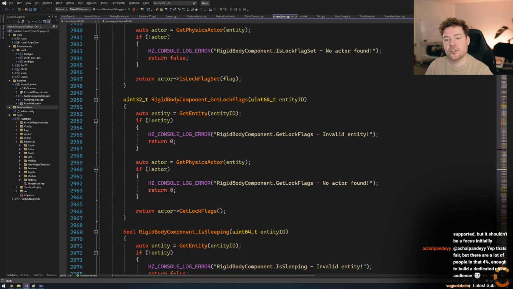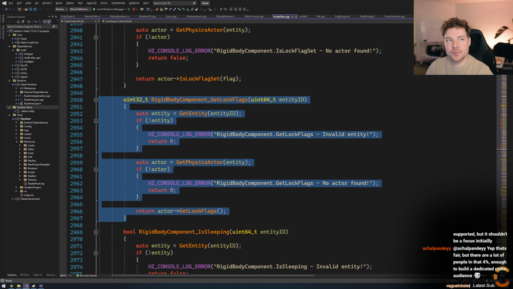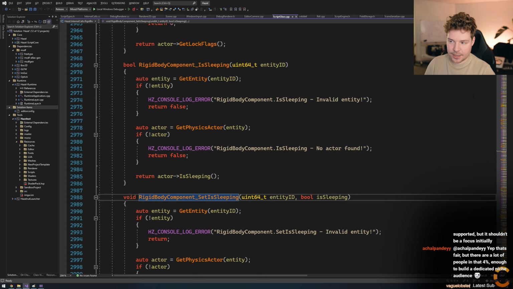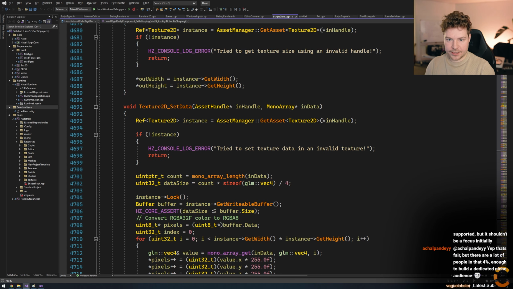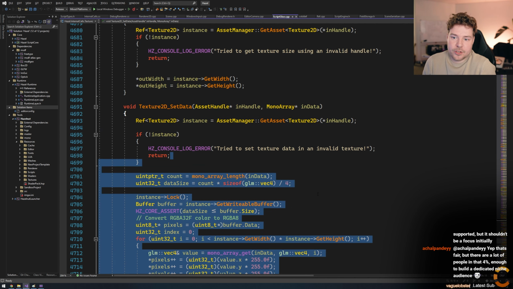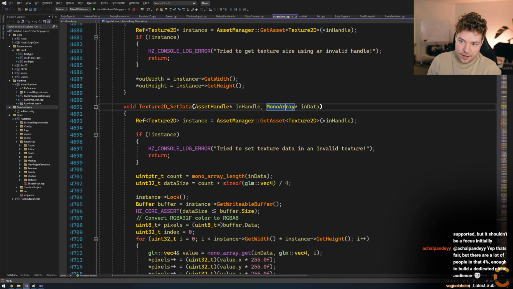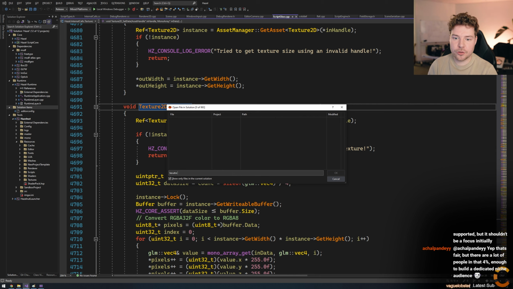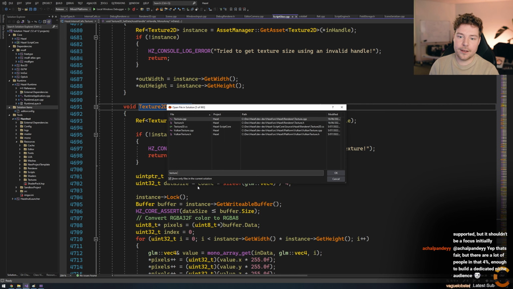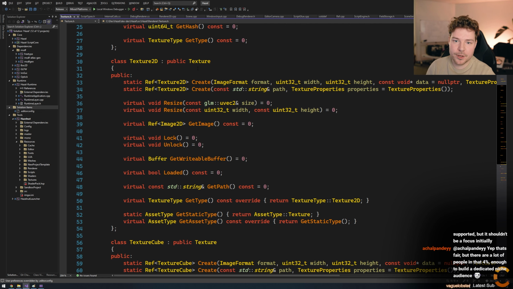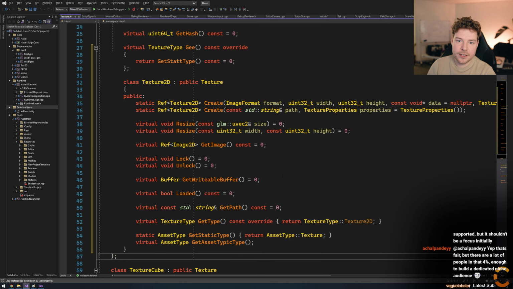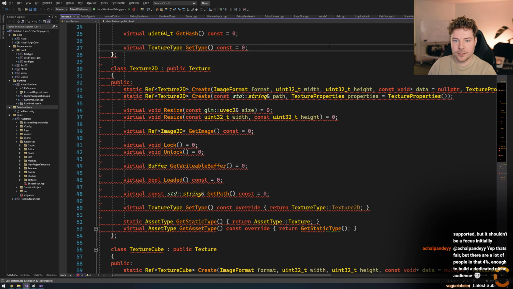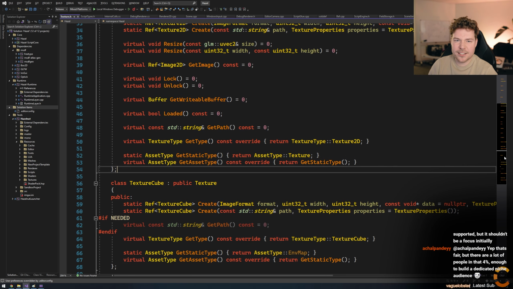Instead, I remember one thing I did with Sparky maybe, where a rigid body component is an actual component, for example. Let's go to Texture2D set data, which copies data from an array in C# into here. I could have gone to the Texture2D class, where the texture is still in one file as well, and implemented the C# stuff there. But that's so annoying to me, to implement everything alongside the C++ code.